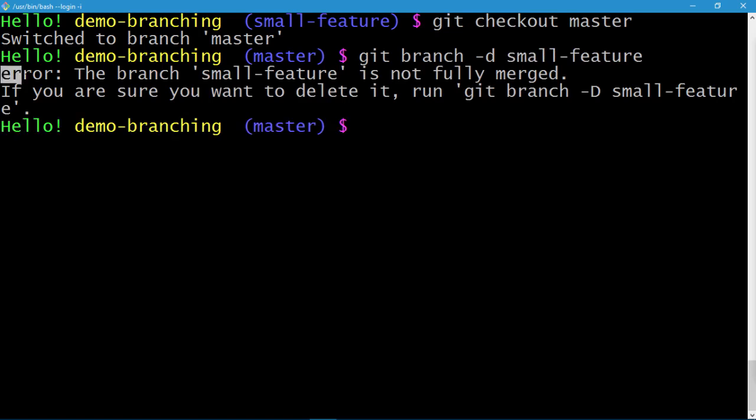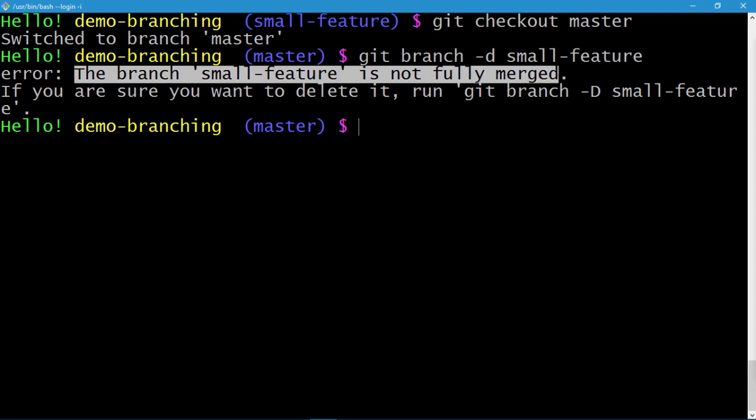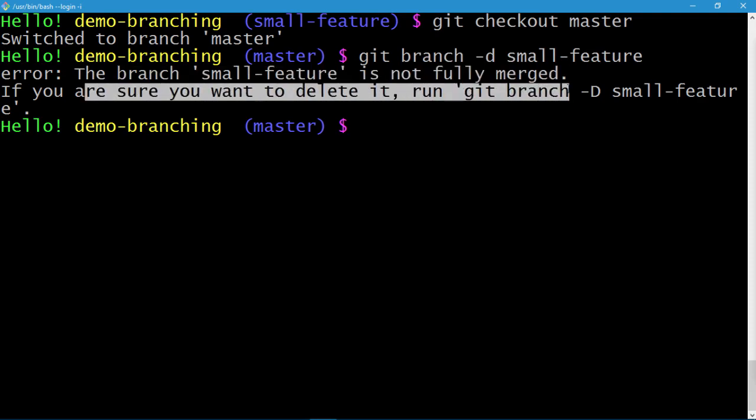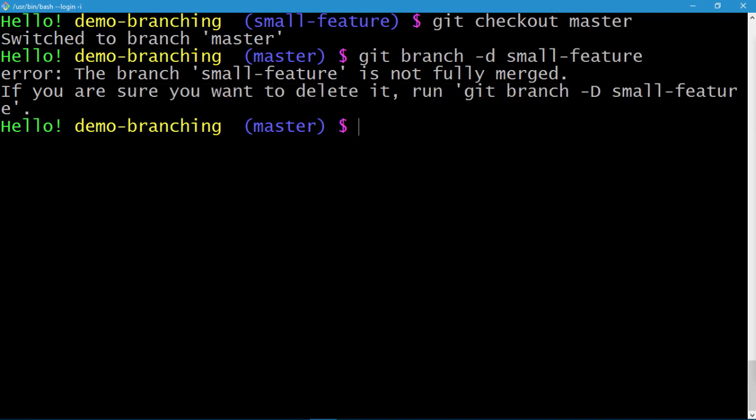And well, here you go. You can see you have an error. It says the branch small feature is not fully merged. If you are sure you want to delete it, you run the command git branch -D, with the uppercase D, small feature. So basically we made some changes in the small feature branch by modifying the file humans.txt and then